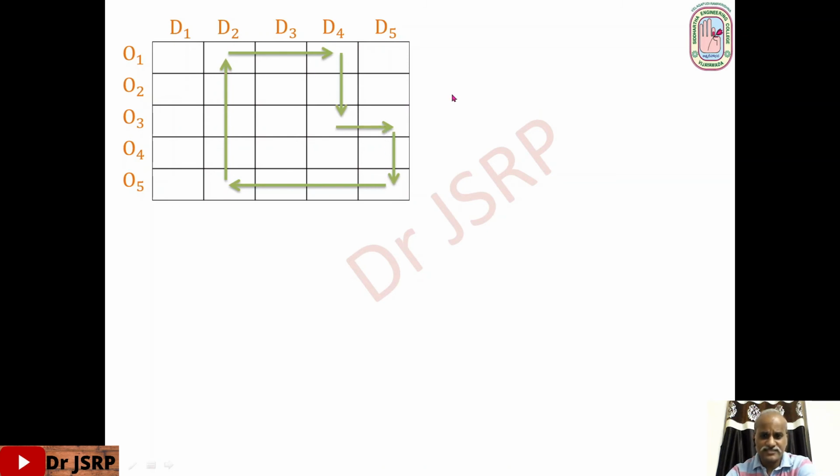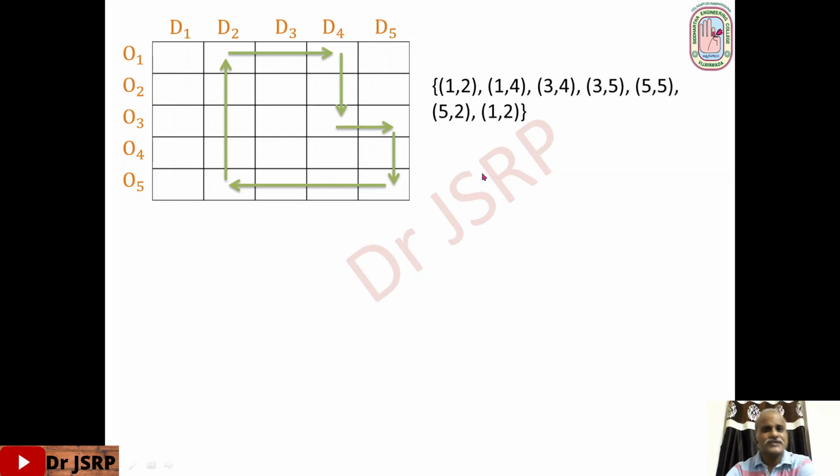So how do you write this in the ordered set form? First the 1, 2 cell. From here to the 1, 4 cell. From here to the 3, 4 cell. From here to the 3, 5 cell. From here to the 5, 5 cell. From here to the 5, 2 cell. From here to the 1, 2 cell. Okay, so let us verify the three conditions.